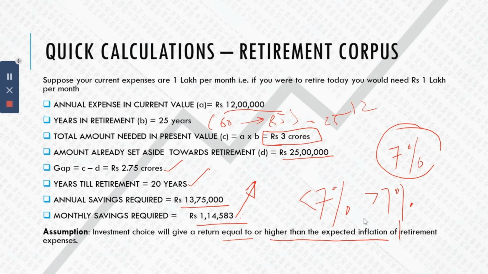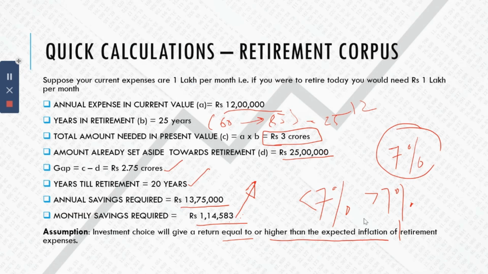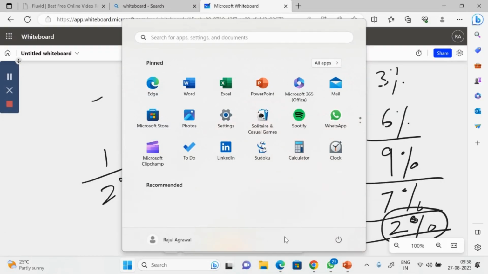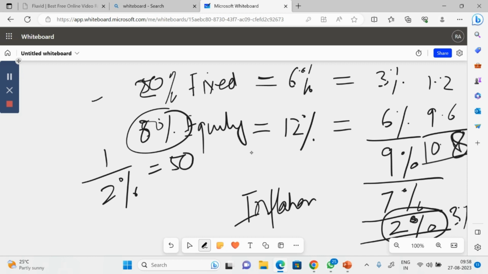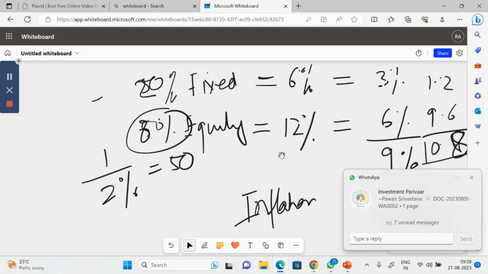Now, of course, you can change it. As we did in the other session on retirement, one could argue, why not have more in equity? If I make this 80% and this 20%, then equity gives 9.6 and fixed gives 1.2, so it'll become 10.8. You can see it is not going to make a huge difference, and then maybe I can go for 3%, 4%. But we did that session the last time, which clearly tells you that